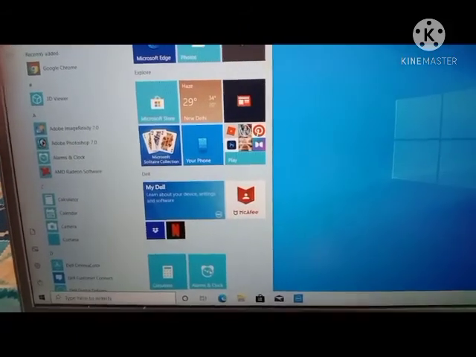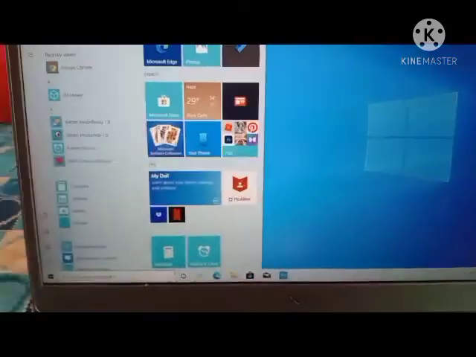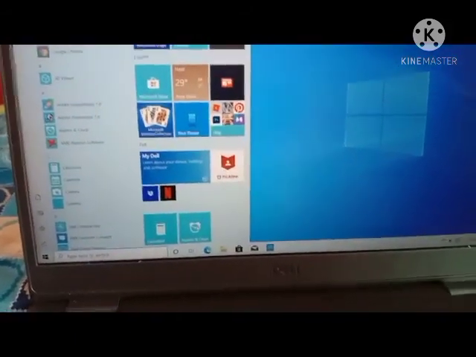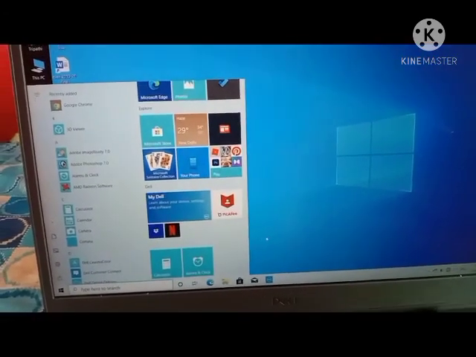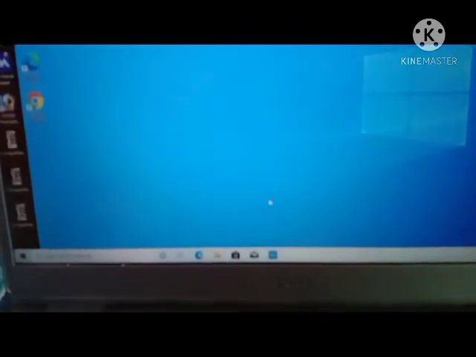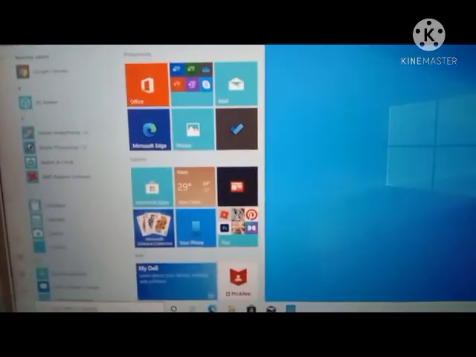Okay students. So today what have we learned? We have learned what is desktop, what are icons, what is taskbar, how many features are found in the taskbar, and how we can pin any app to form a live tile. We also learned how many panels are found in the start button.